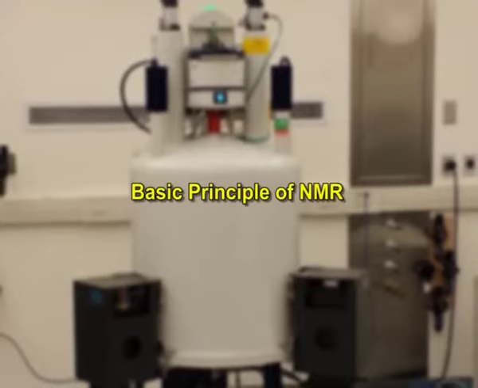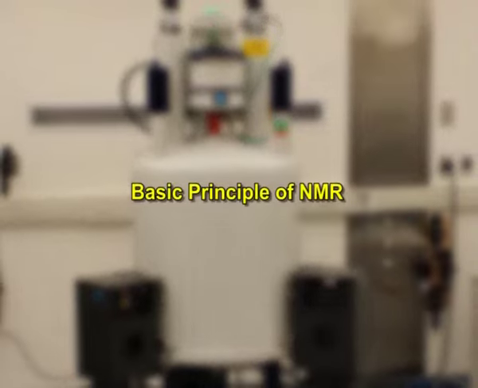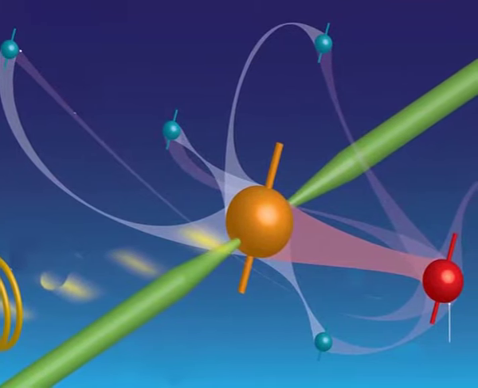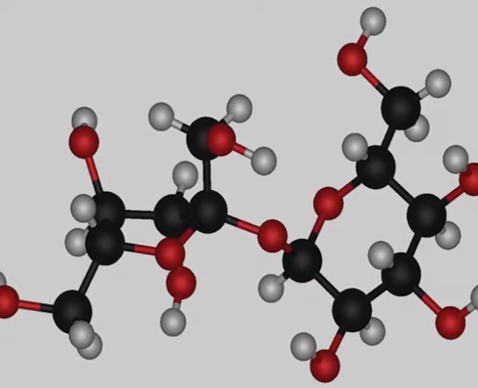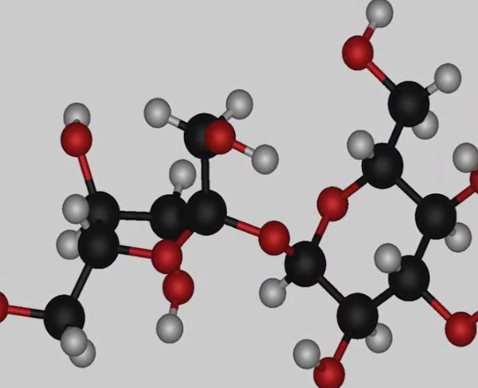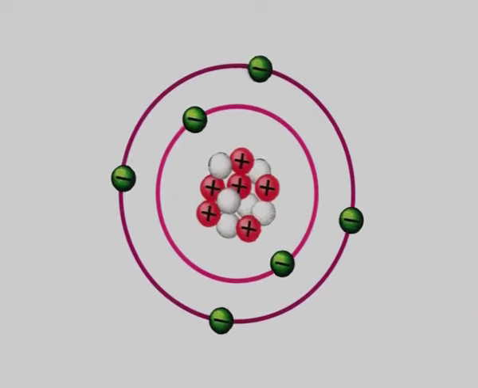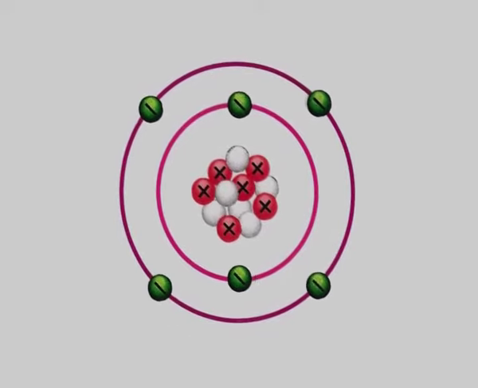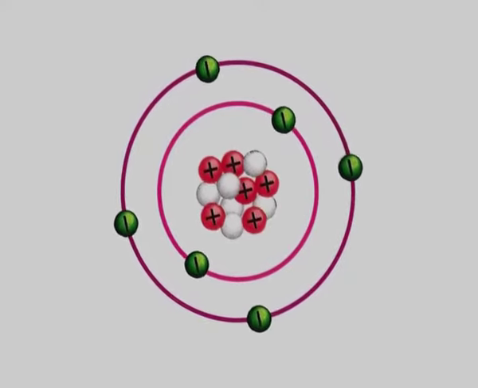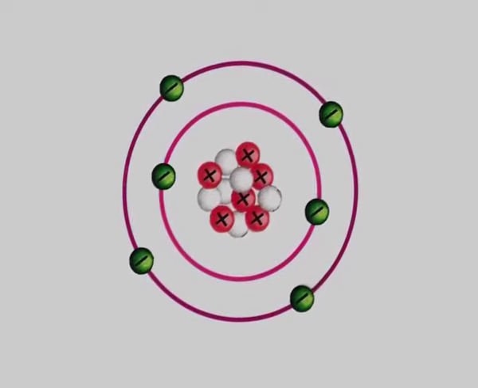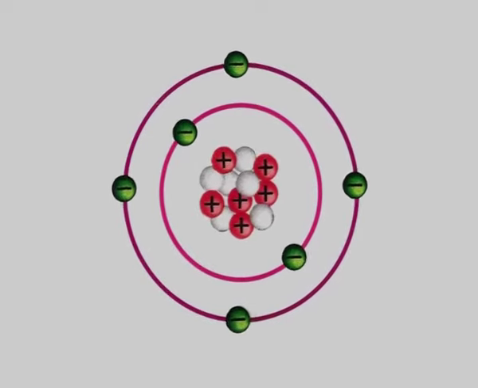Now, what is the basic idea behind the technique of NMR? The basic principle of NMR experiment is to excite nuclear spin states with radio frequency pulse and monitor them while they relax. The geometry of the molecule can be determined by analyzing the ways in which the spin relaxation occurs. Each atom with the nuclear spin gives rise to an individual signal, that is chemical shift, which carries information about the atom itself and its local chemical environment.